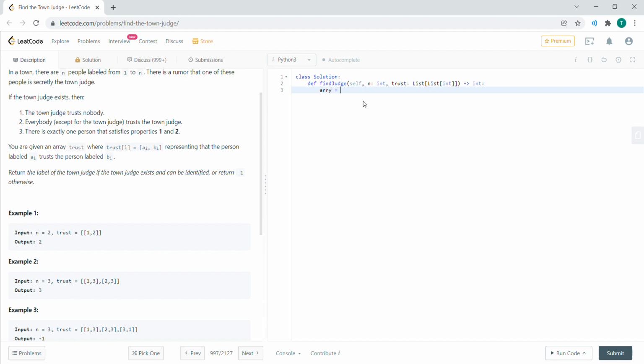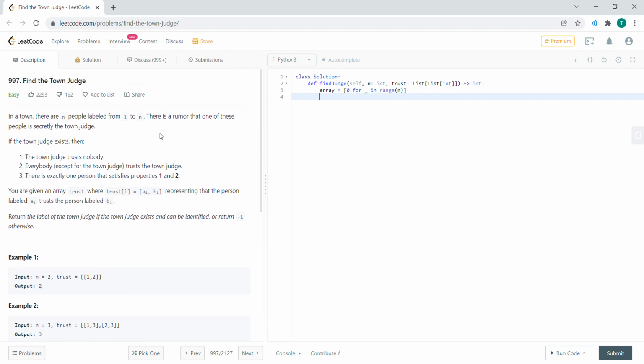So we want to use that concept moving forward. So we're going to make an array, and it's going to be a list comprehension, 0 for blank in range of n. We populate an array of zeros for the number of people.